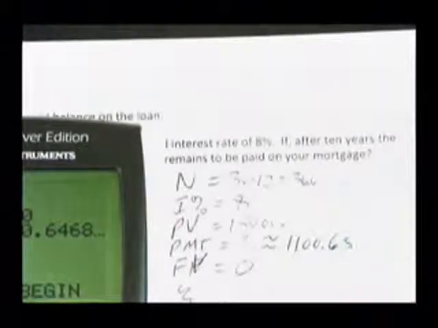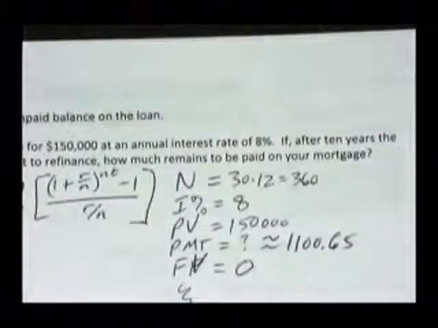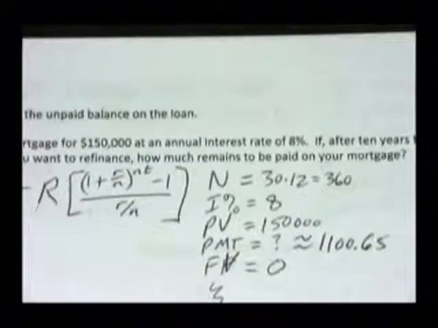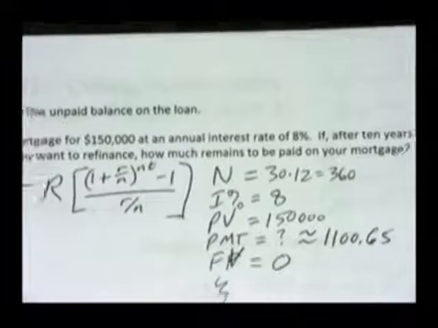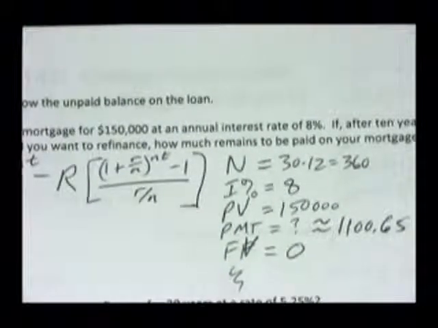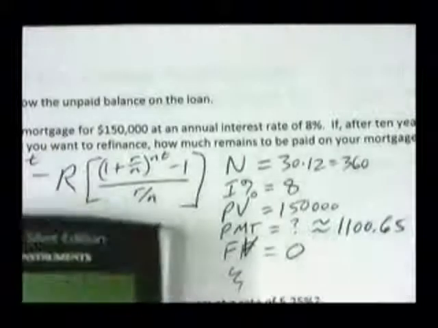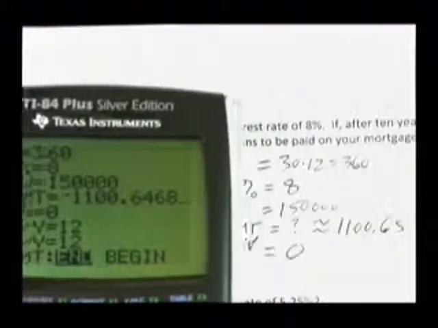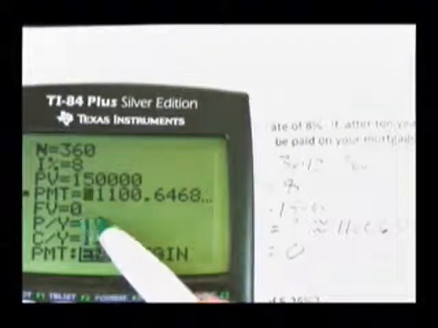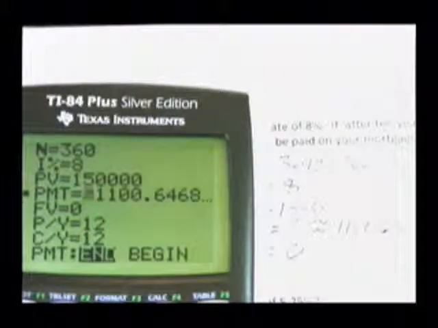$1,100.65 for payments. Okay? So that's what I'm going to be paying every month. Now, I could do that. So now what I can do is modify that and say, well, now I've not gone all the way through to the end. So I can leave that in there and redo my